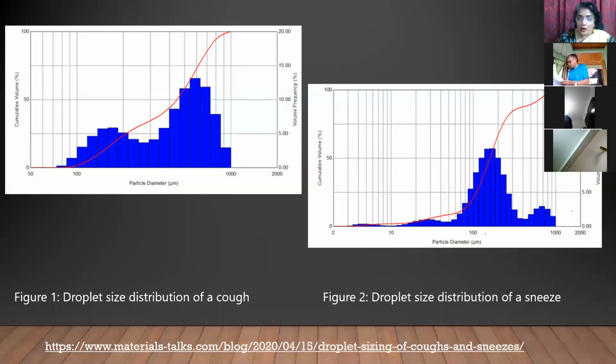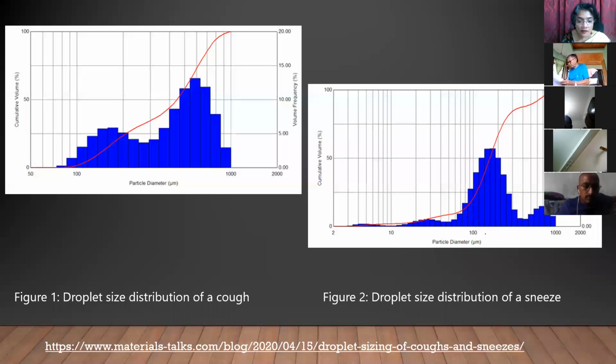0.3 is a cutoff for very highly sensitive aerosols and droplets, right? So when you cough, you can see that the mean diameter of these particles, meaning what comes out of the mouth of a person who's coughing, is between 100 to 1000 microns. And you can see the distribution out there. Whereas when a person sneezes, the particle sizes can be as low as 2. Now we have just seen that the smaller the particle size, the larger the probability that it continues to stay in the air because it does not get acted on by gravity.